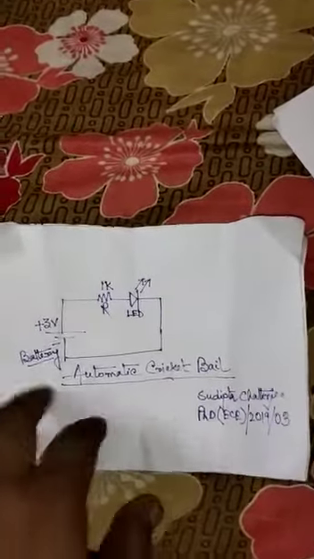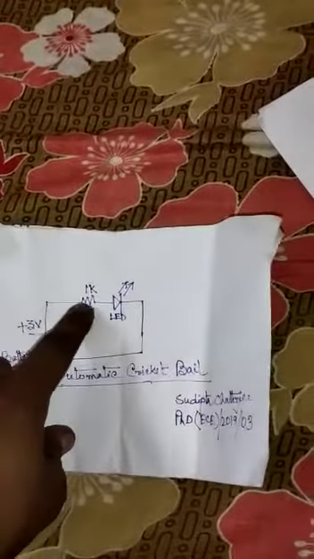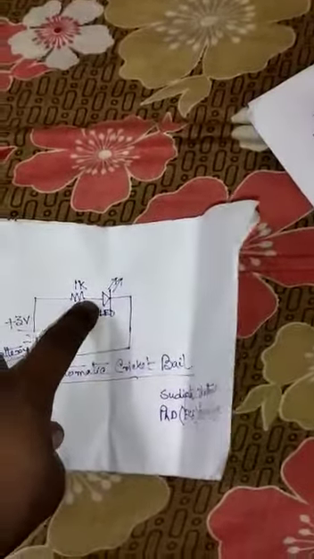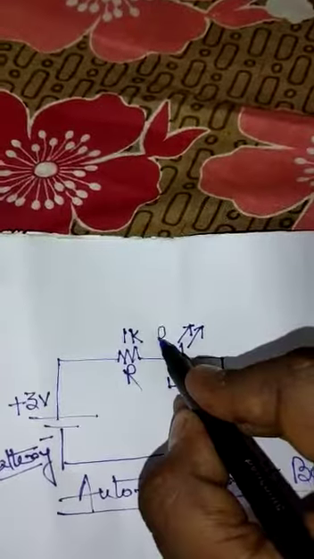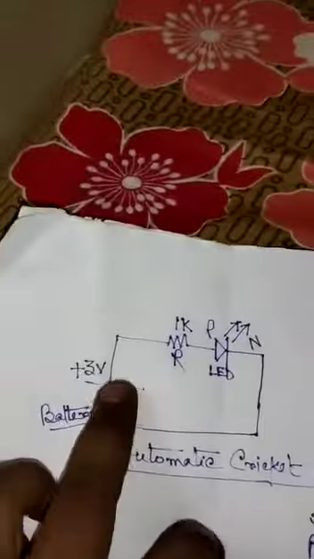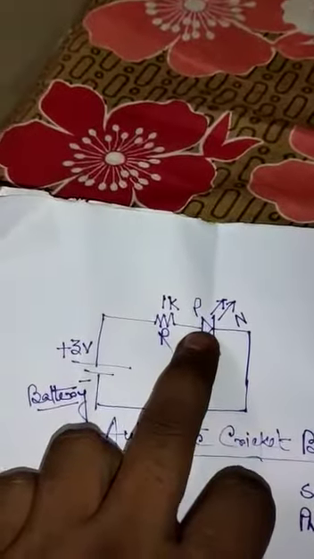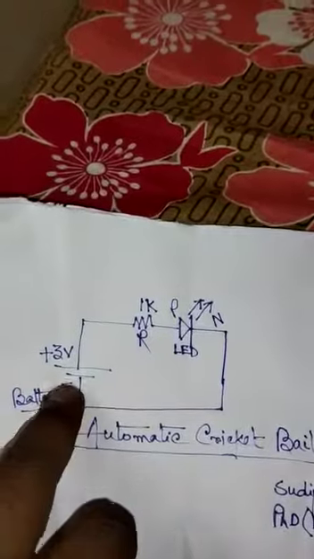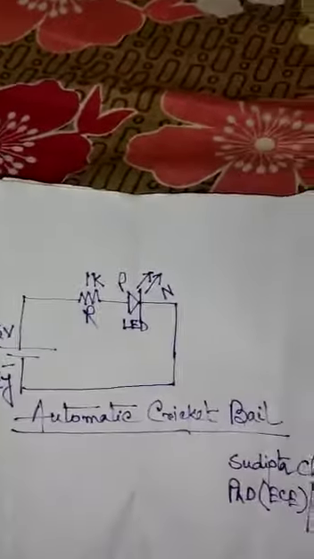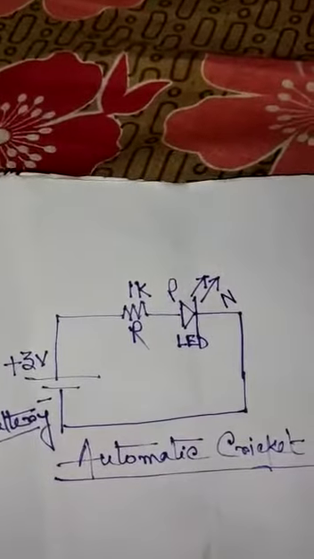Okay. Now I took a battery, and the positive port of the battery is directly connected to the resistance, and the other port of the resistance is connected to the P. P means this is a PN junction diode. So this is P and this is N. So the positive port of the supply is directly connected to the P, and N is connected to the negative. Now this is all a forward bias connection. Now I made this connection in such a way that the circuit will fit into a wicket bell.